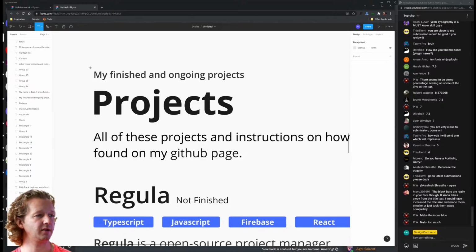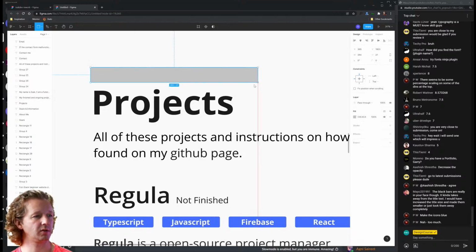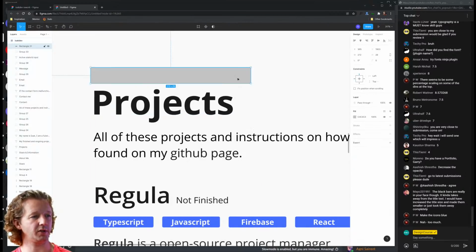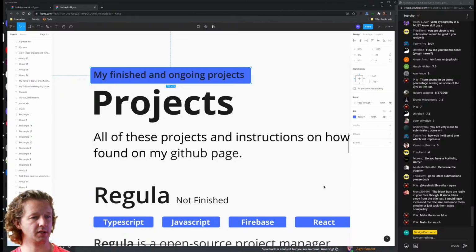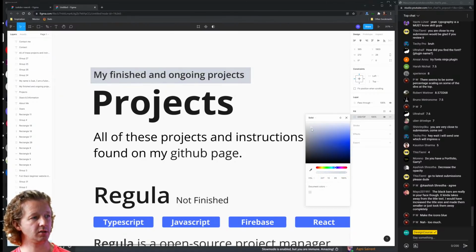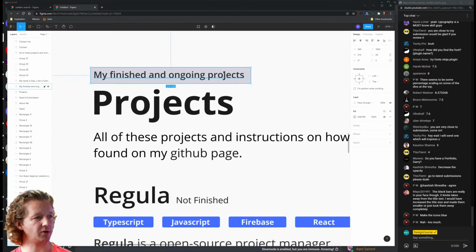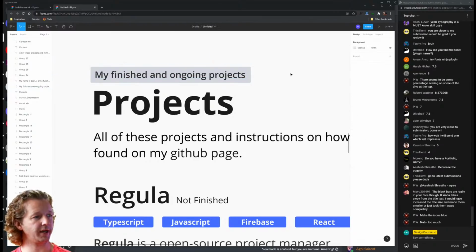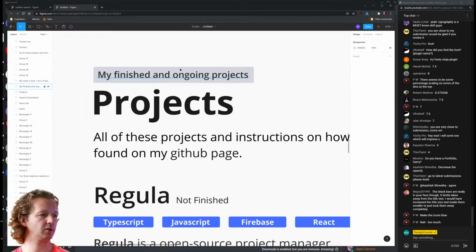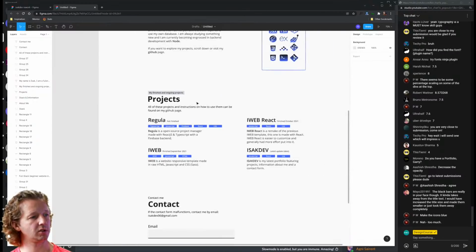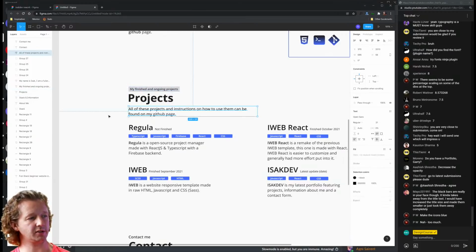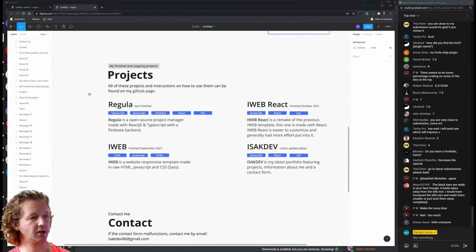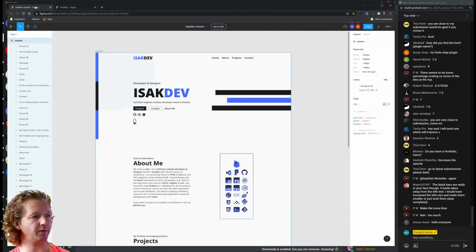Maybe we can put it inside sort of like a container. So if we send this to the back, maybe we'll grab this color, but we'll make it something like that. And then we'll take a little bit of a rounded corner, get this a little bit more squared up. So now we've created a nice visual separation between this element and this element, and that's called typographic visual hierarchy.